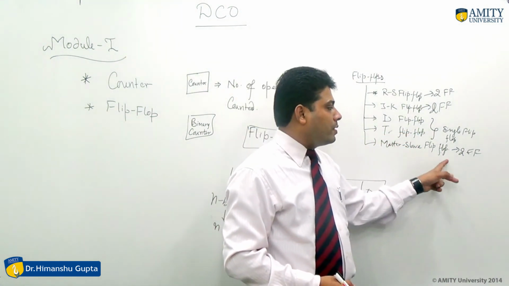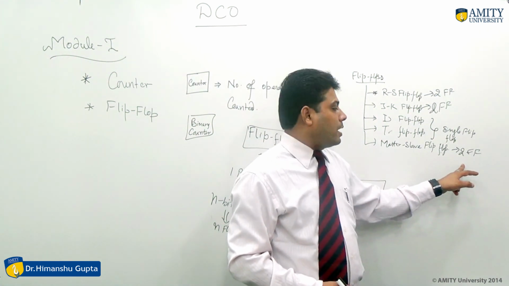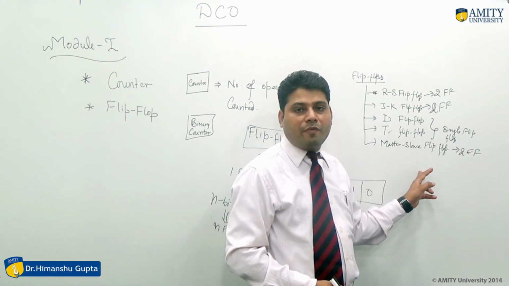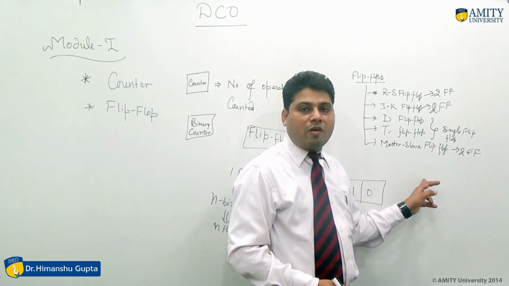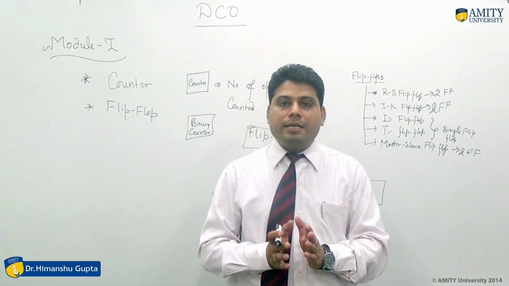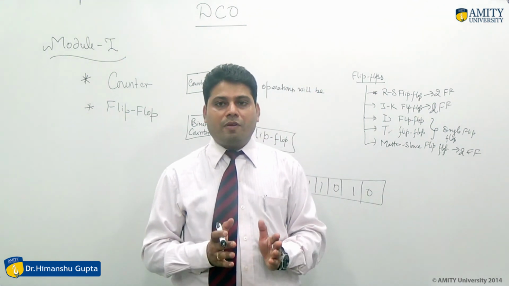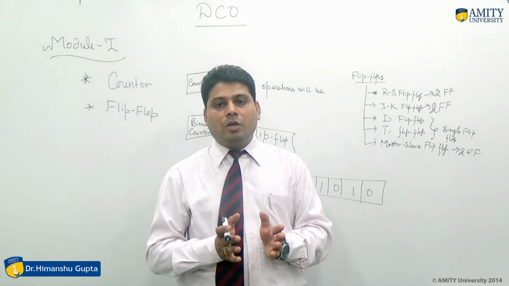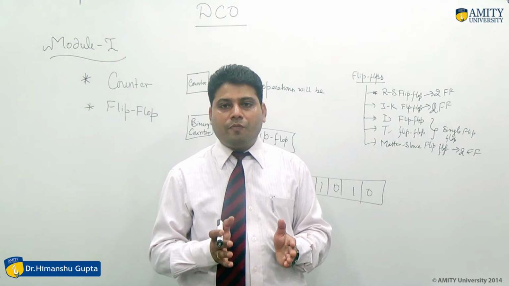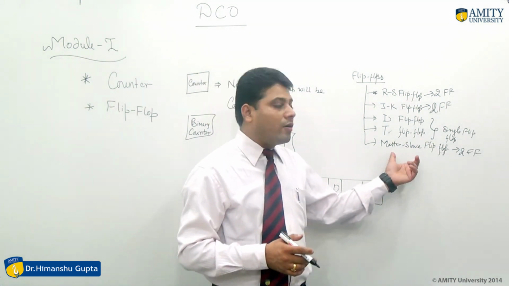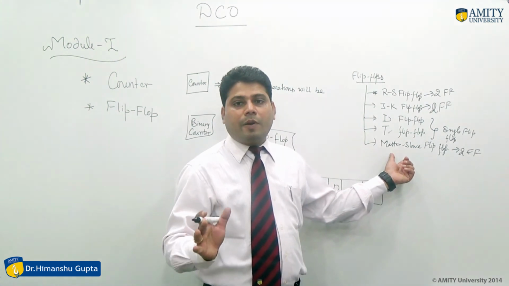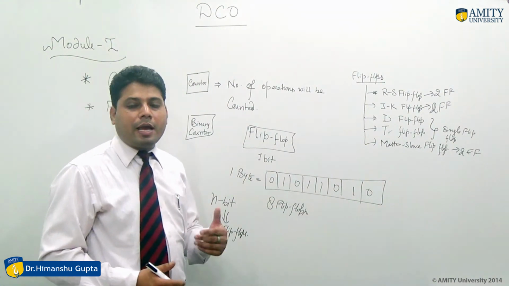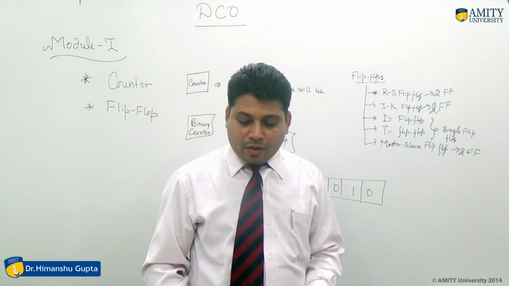In the master slave flip-flop, the value of the output data totally depends on these two, the master flip-flop and the slave flip-flop. Here we are using 2 flip-flops in which one will work as a master flip-flop and the second will work as a slave flip-flop. So if one flip-flop is active, then the second one will be in inactive mode. At a time both flip-flops cannot work simultaneously. So in the master slave flip-flop only one party will work at a time. So by using counters and flip-flops we have implemented various binary operations.